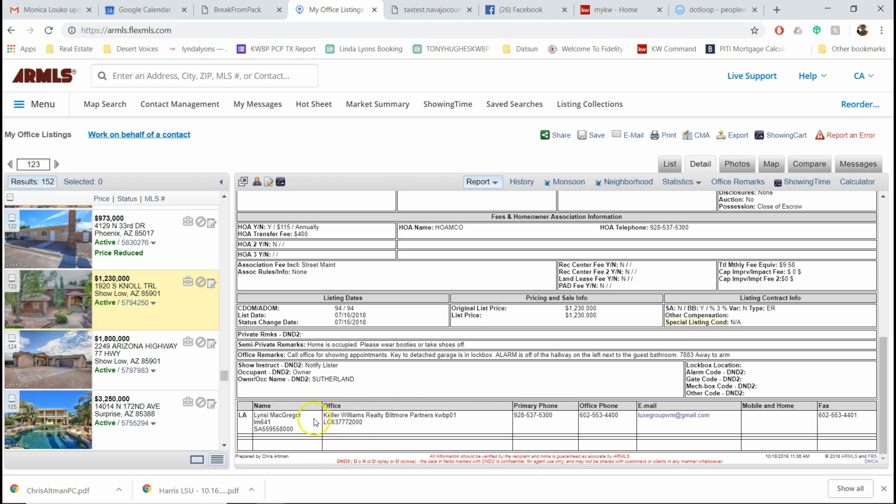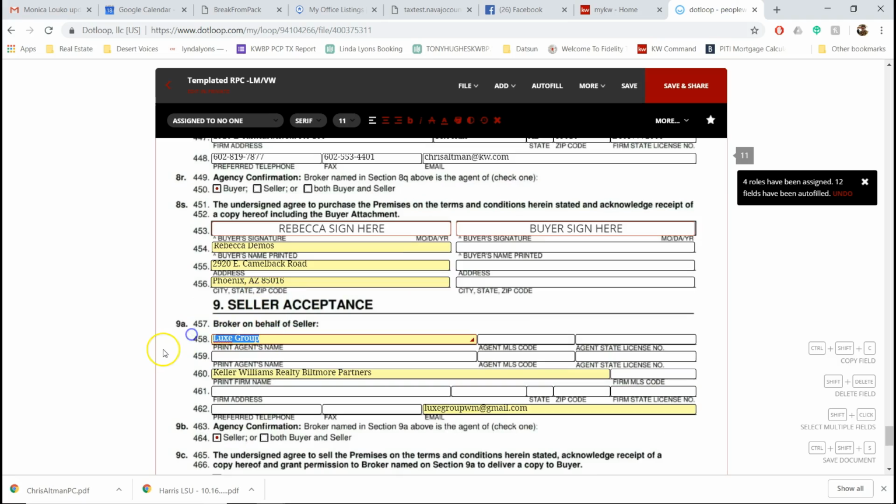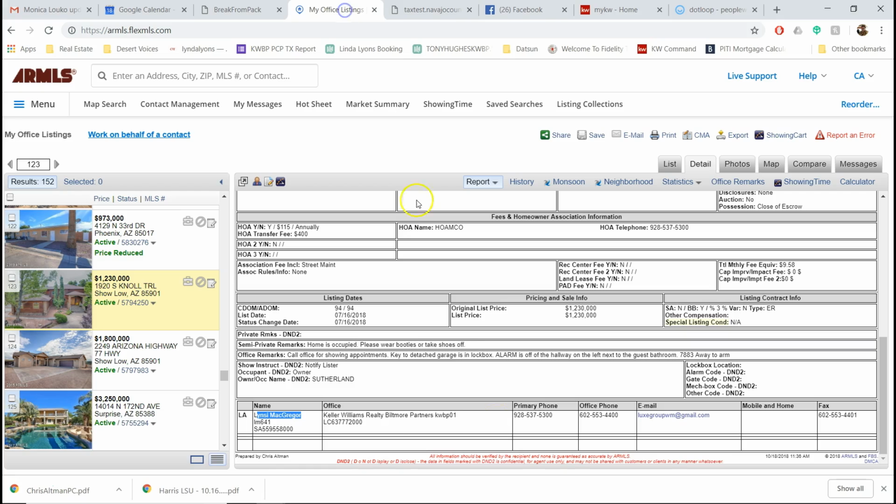Pulled that from when I added Lindsay McGregor in there. She calls herself Lux Group and .loop, so that's what it did. So I would need to go and change this to... That is not at all her last name. Totally messed that one up. So I could just take this and